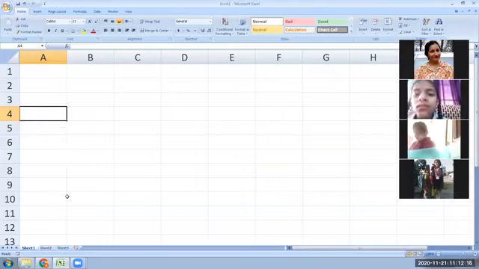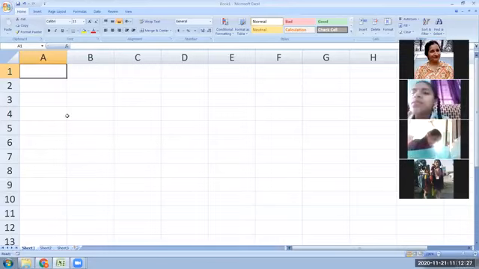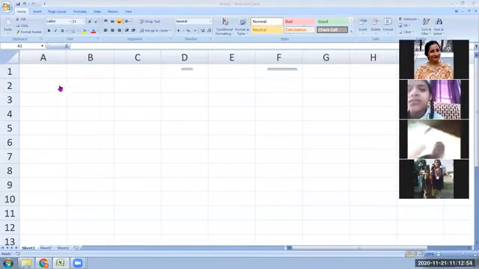Out of all these cells, you can activate only one cell. You cannot activate all the cells on a worksheet at a time, right? At a time you can activate only one cell, and it is the cell which has a dark boundary around it. Now, for example, right now, which cell has a dark boundary? Write me the answers in the chat box. Right now, which cell has a dark boundary around it? A1, right? So very good.